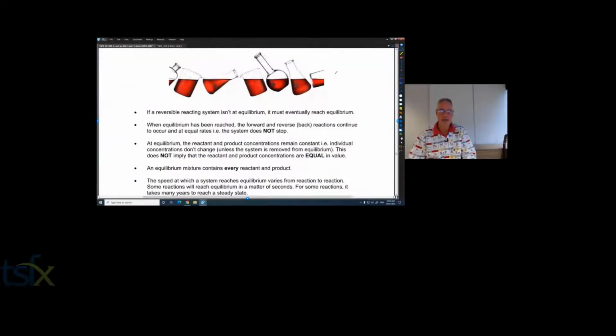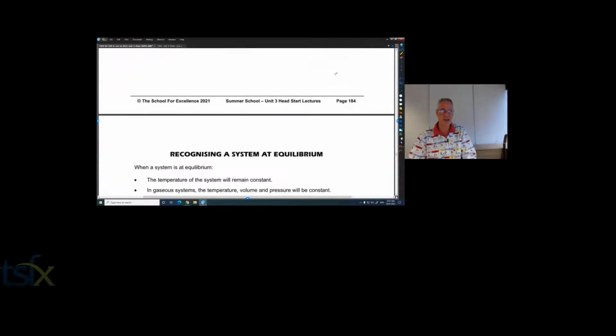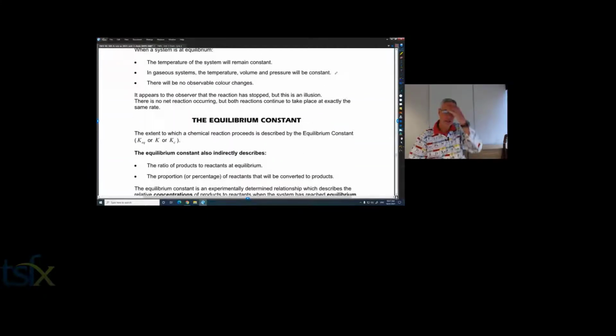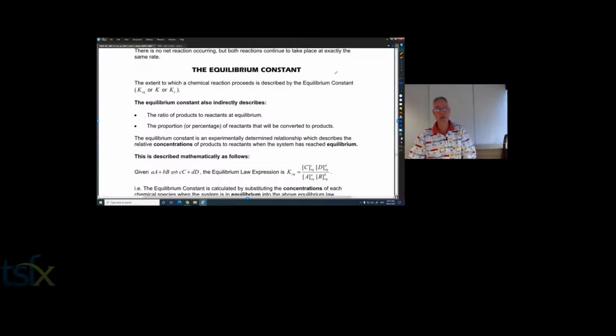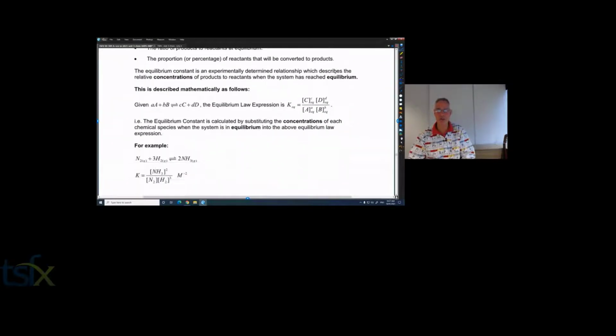Keep going, read through the important notes, but really you can summarize a lot of this graphically. So read through your notes, and then we come to this gorgeous thing called an equilibrium constant. Lock in key knowledge, KK, key knowledge. You will not go near an equilibrium SAC, you will not go near a VCAA exam without absolutely knowing that